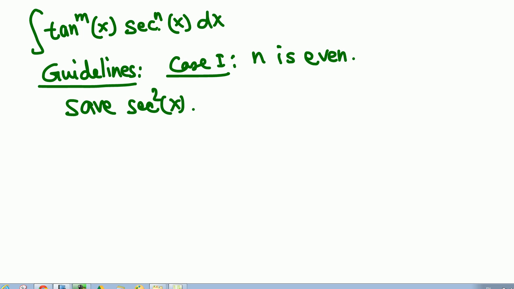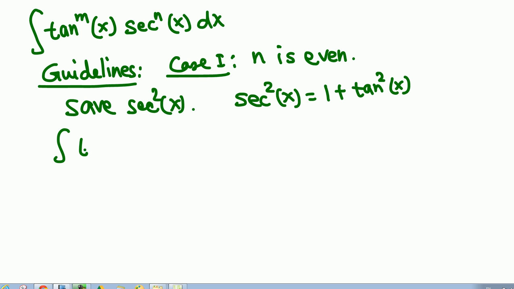When we take 2 out, we still have even. Then change that in terms of tangent using the formula secant square x equals 1 plus tangent square. Okay, let me show you an example. If we have, let's say, tangent, any power doesn't matter, tangent to the 5th x and secant 4x dx, since